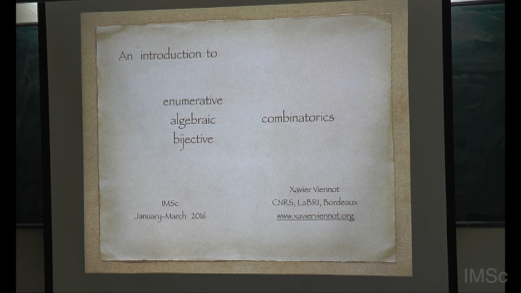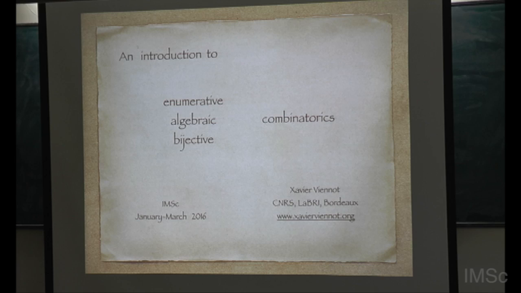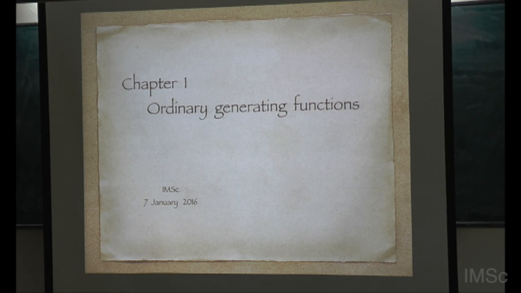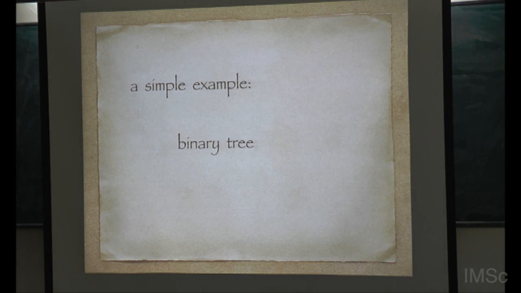So this is the start of the class. Last time it was an introduction, an overview of the class. So now we start really with chapter 1 about ordinary generating functions. I start with a simple example,